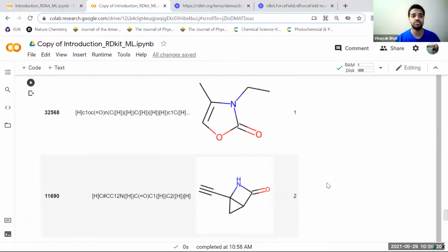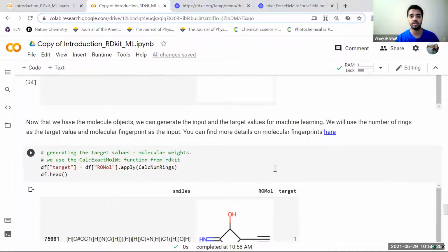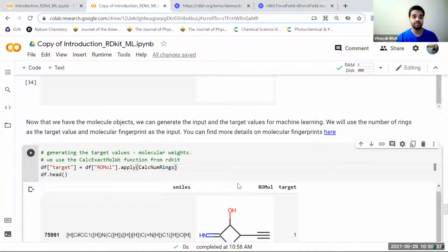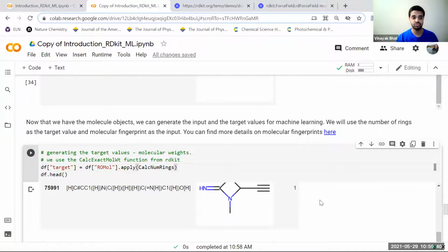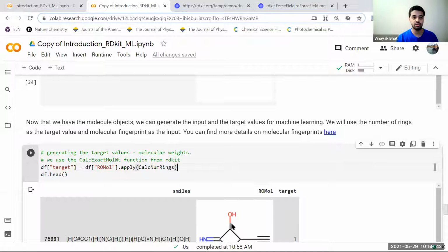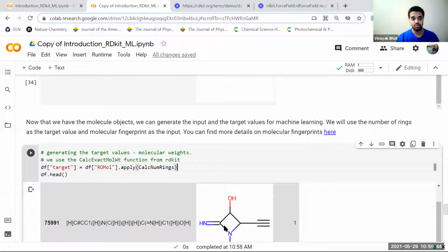These are simple things that we would need to generate, and these are the descriptors that we could think of for the target values. For a machine learning model, what we need is an input feature, a way of saying that this molecule, if you look at this molecule, is something with one ring. So the y value will be 1. The target it's trying to estimate will be 1. The input will be this molecule.